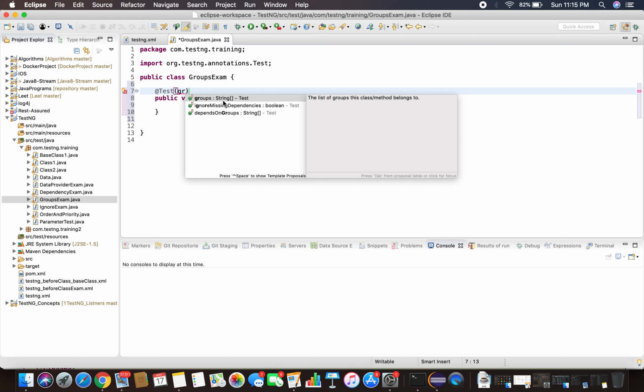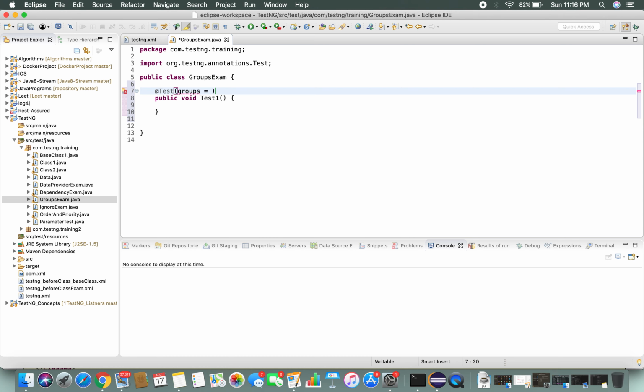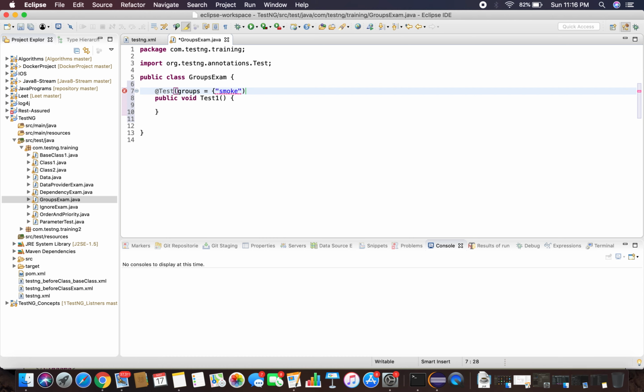This accepts a string array, which means you can mark this particular test case with a number of groups. Let's say groups is equal to, since this accepts a list of groups, I'm going to mark this as part of my smoke and part of sanity.